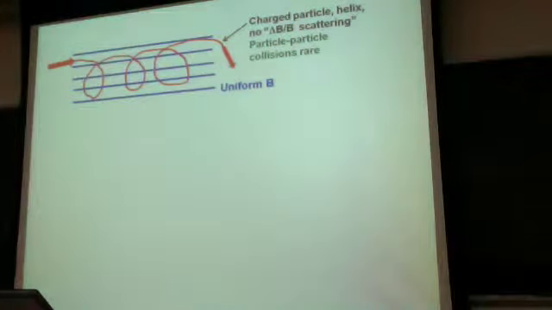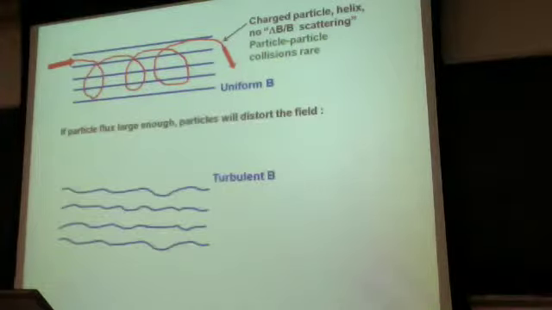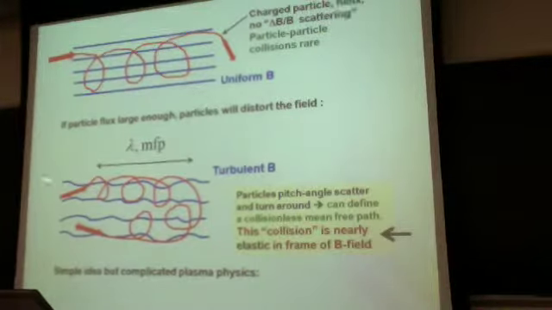And very simply, if you have a uniform magnetic field, of course, a charged particle just makes a helix, and particle-particle collisions are extremely rare. If the particle flux is large enough, the particles distort the field, it becomes turbulent, and now particles pitch angle